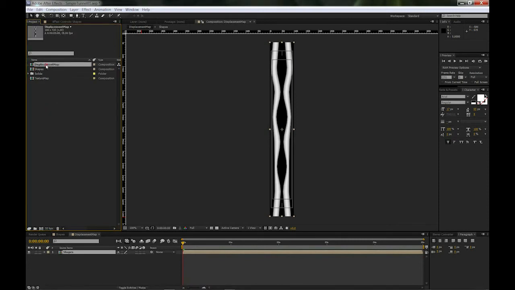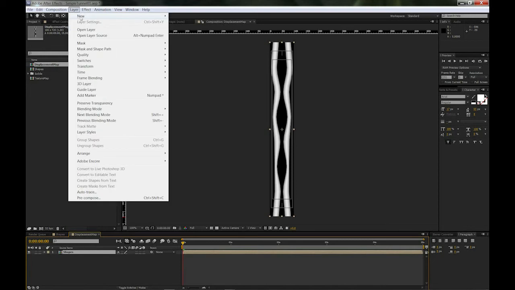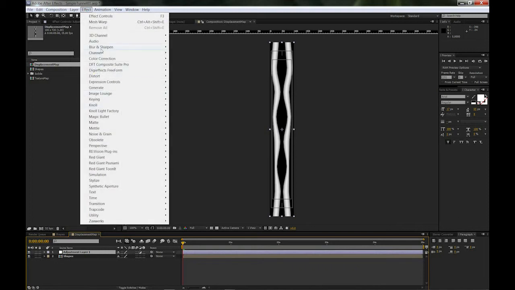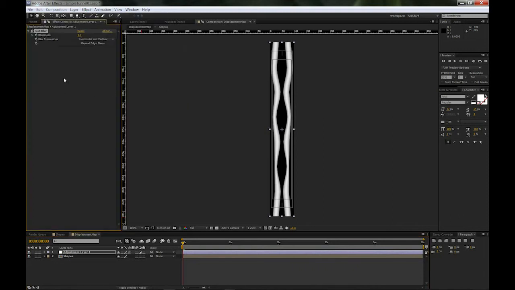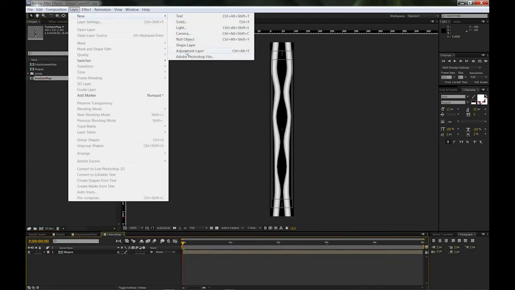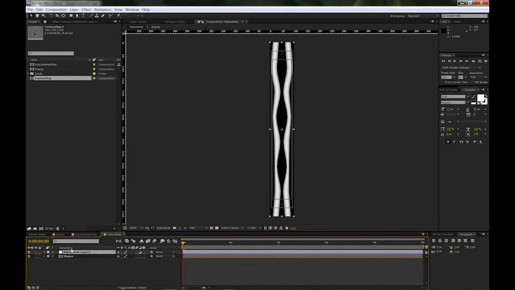I have created my displacement map comp, in which I'm going to add a new adjustment layer and then a blur on this layer, fast blur of 1 pixel, with repeat edge pixels. And then in the texture map, I'll also create an adjustment layer, and then on this layer